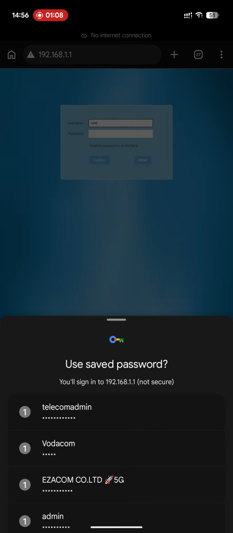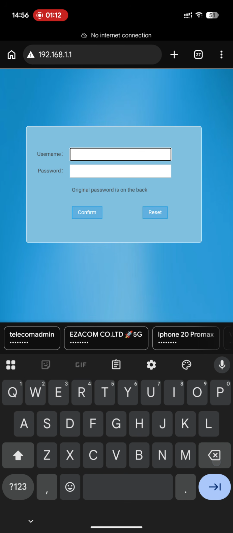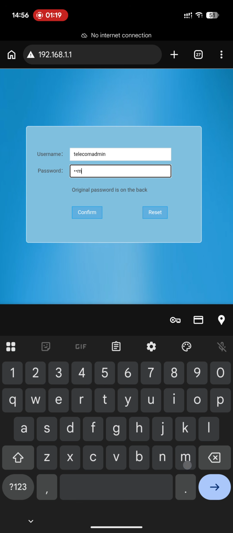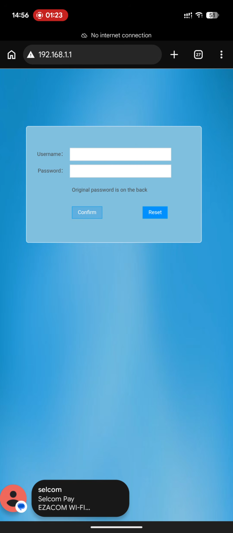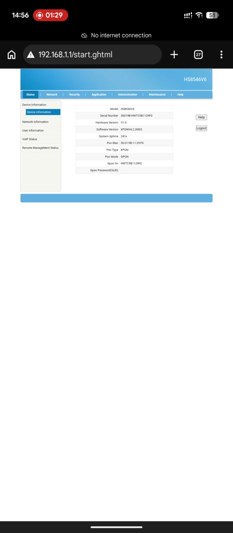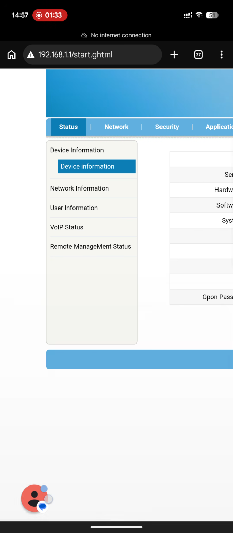Okay, the default username of this router is telecomadmin, and then the password is admintelecom. Confirm. Okay, so for now we're going to configure it